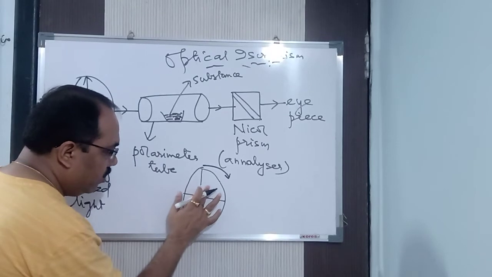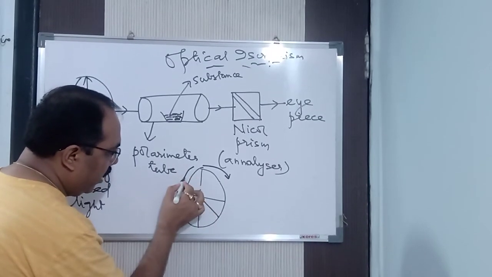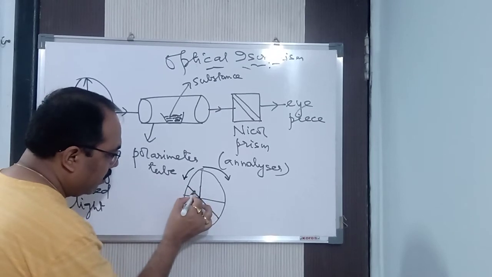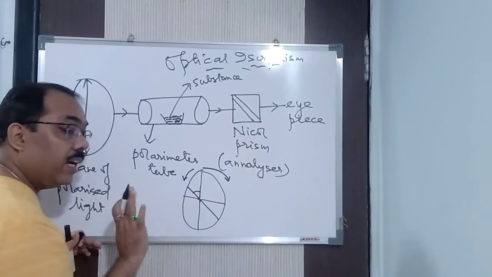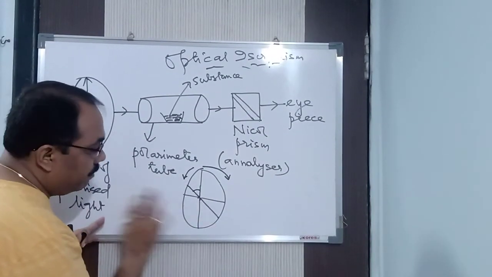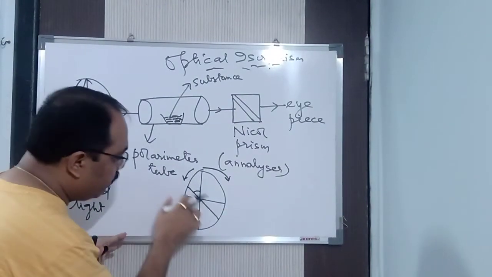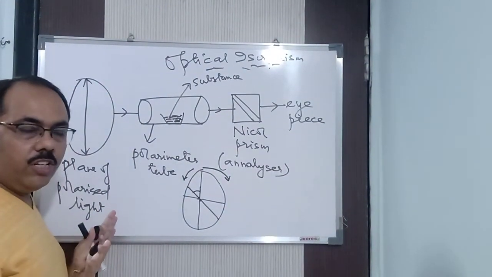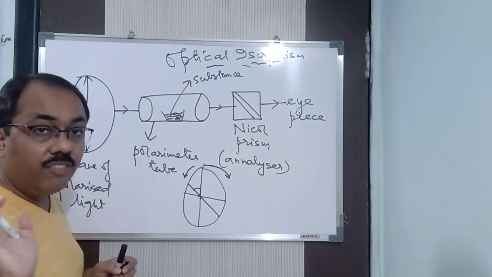Fine. Suppose you don't find anything towards right. On rotating towards left, you get a particular line at a particular angle. That means the compound is optically active, because you get this line on rotating towards left. But suppose you rotated towards right and towards left, and on neither side you saw this particular sharp line. That means the compound is optically inactive in nature.